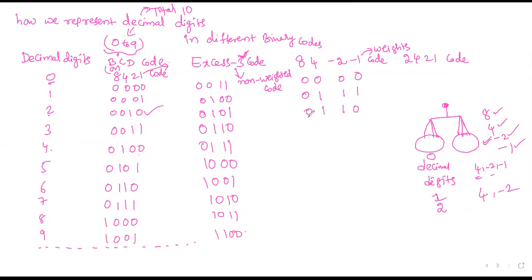Like this. 3. Which weights do you need to keep? 4 minus 5. Only 4 is enabled. 5 is out. 8 minus 2 minus 1. Like this. Okay? So 3 is nothing but 4 and 1. 4 minus 1. 4 is nothing but... 5 is nothing but...